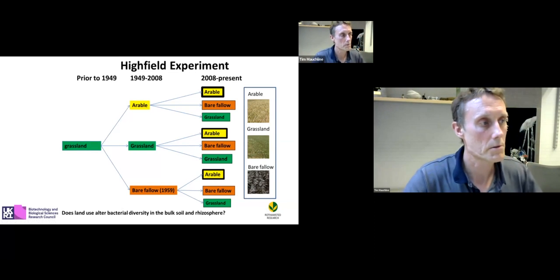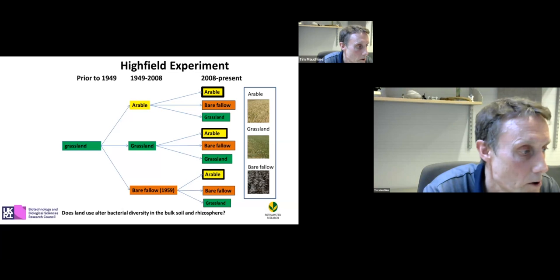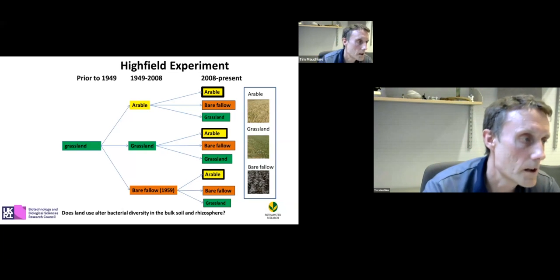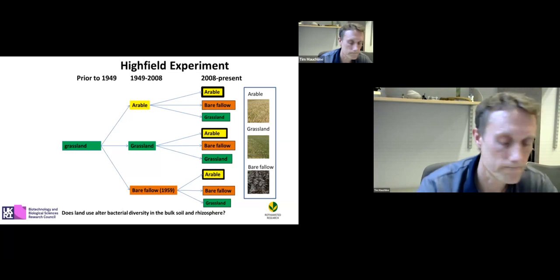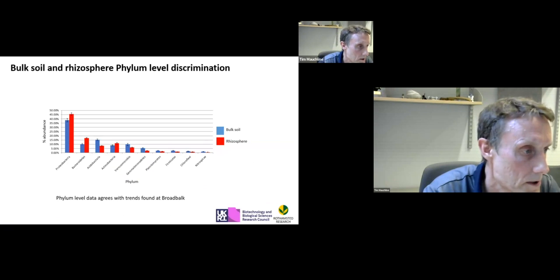What we wanted to do in this experiment was to look at the effect of land use, and does it alter the bacterial diversity in the bulk soil and the rhizosphere. We focused our efforts here on the wheat plots. So first of all, we just wanted to look, using an amplicon sequencing methodology,